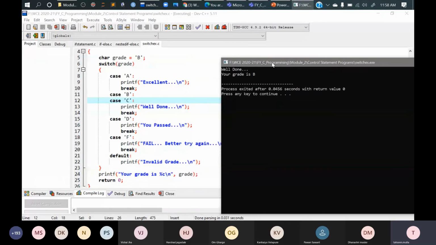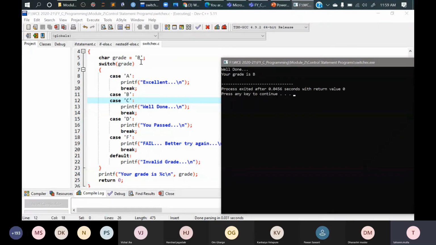So we have entered our grade as B. So B is nothing but, there's no print statement given over here. Still, this case is valid. That means I have not given any message to the user.